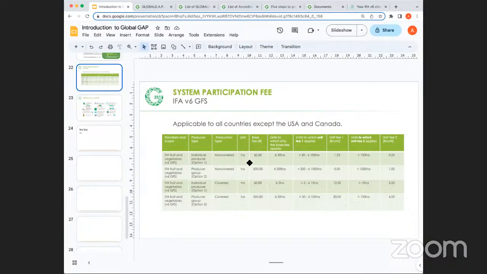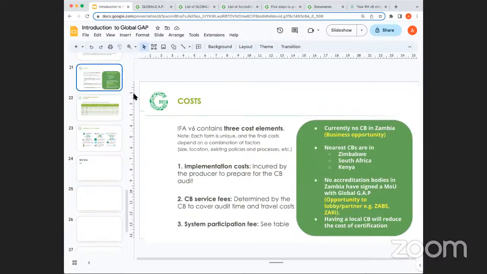In terms of the other question, how can we set this up? How can we have our own in Zambia? If I go back to this slide, and also if we go on the website, they have clear steps here. It's quite straightforward. It's just that there's also money involved. For example, I think there's some 5,000 euros that you'd have to pay to them every year to maintain your status as a certification body.